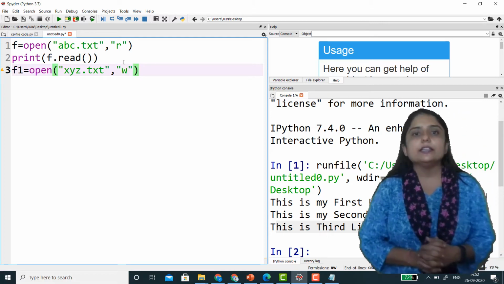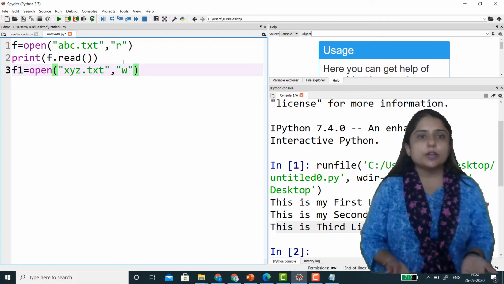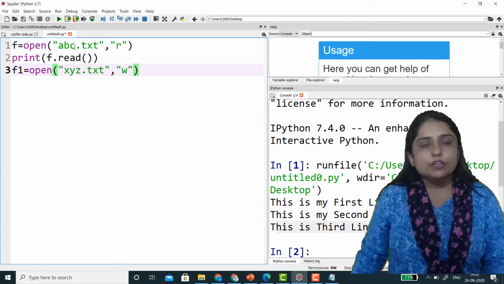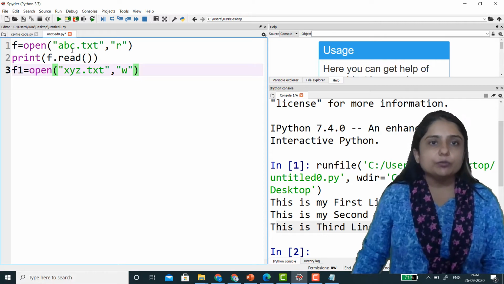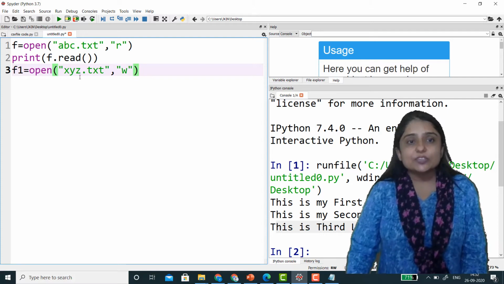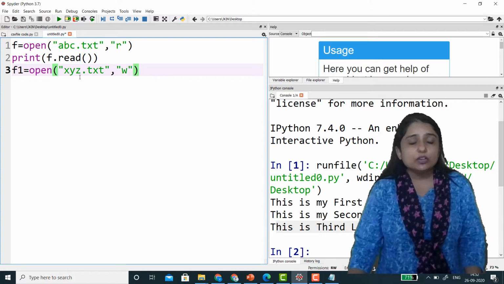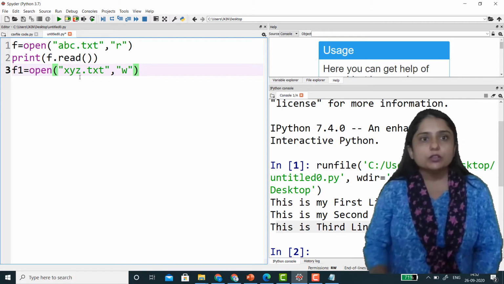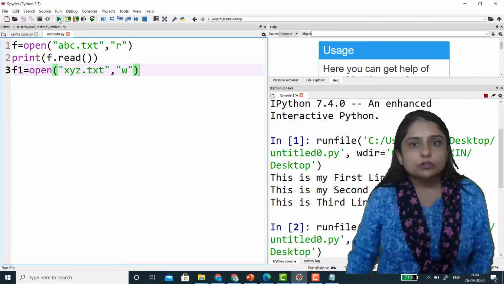The w indicates that I am using write mode. I want to show one thing: on the desktop we have one text file named ABC. Now I am using the file XYZ, and as such we do not have any file named XYZ on the desktop. So when I run this code,